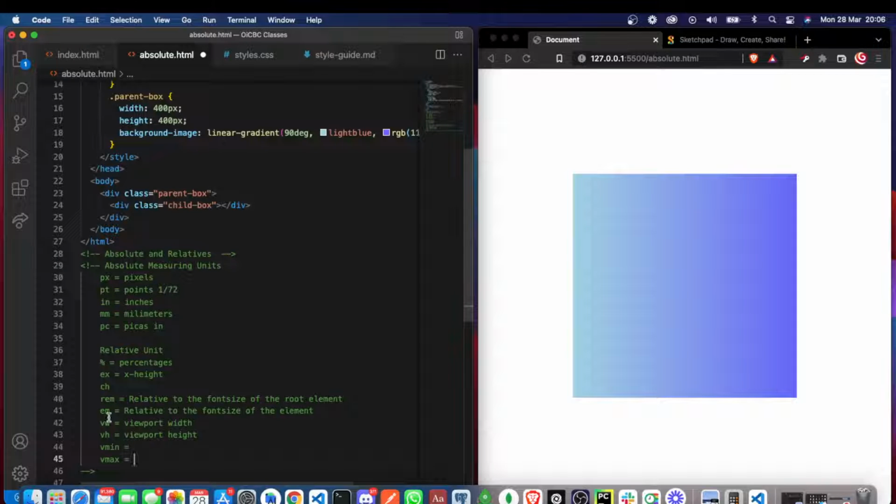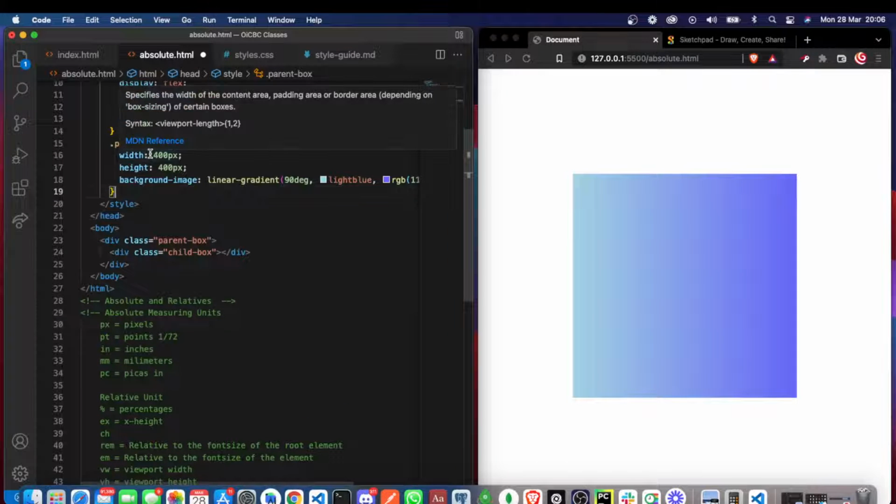So you can take a look at all of those at your own time. But what we'll be focusing on basically will be rem and percentages. Yeah, those are very important and always very useful. Then we've used Vh and Vmin before, so let me just show you an example of Vh. So we have